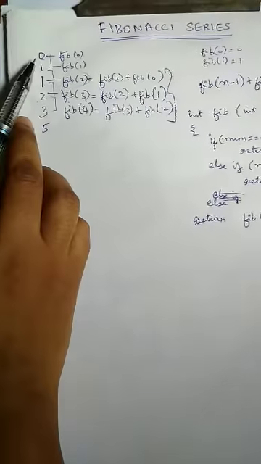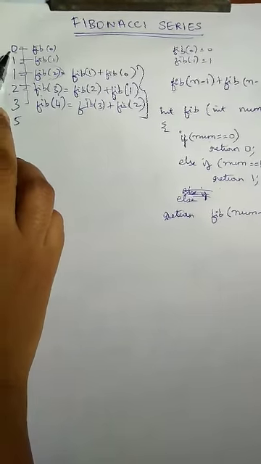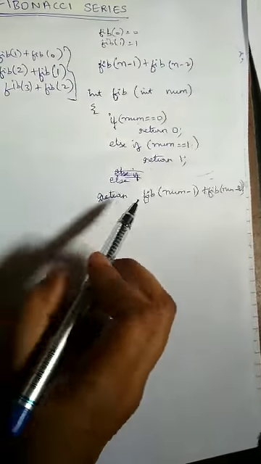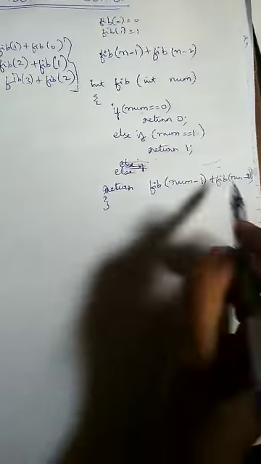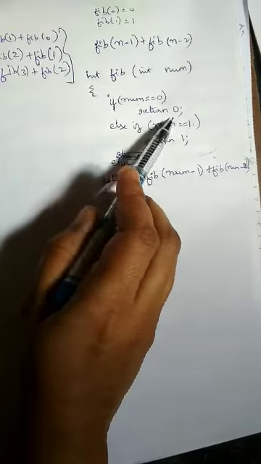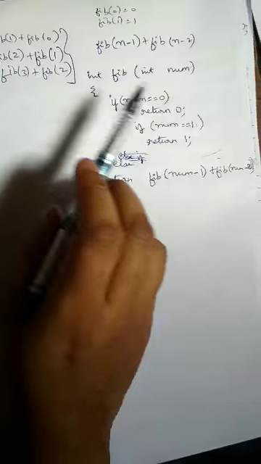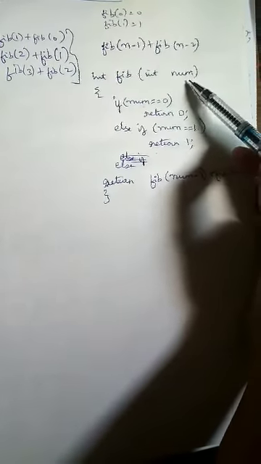Since here I am trying to print the series from 0, this function finds the Fibonacci from 0. I hope you understood. For fib 0, it is going to return 0. If the number is 1, then it is going to return 1. It depends on what parameter number you get. Other than 0 or 1, it is going to compute it and then send it.